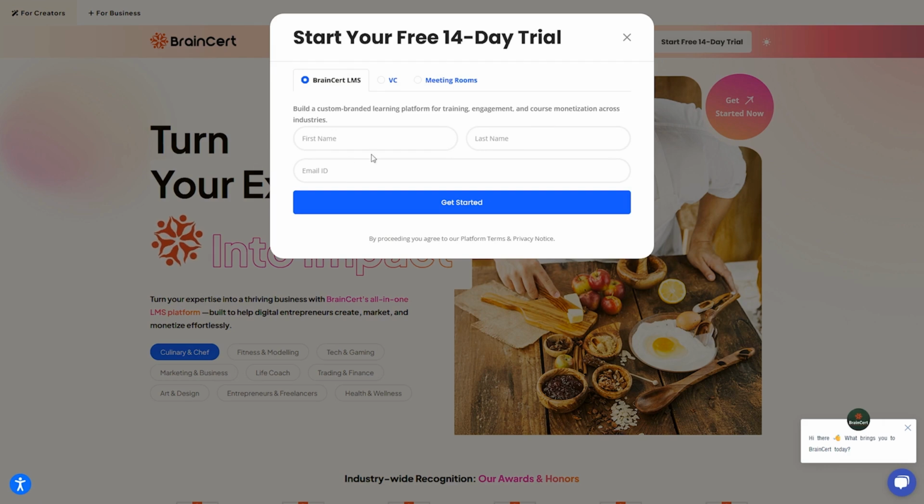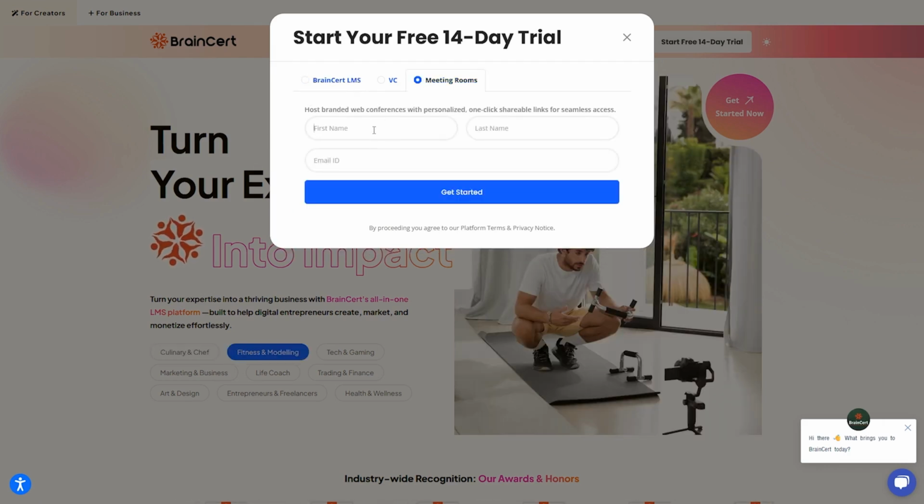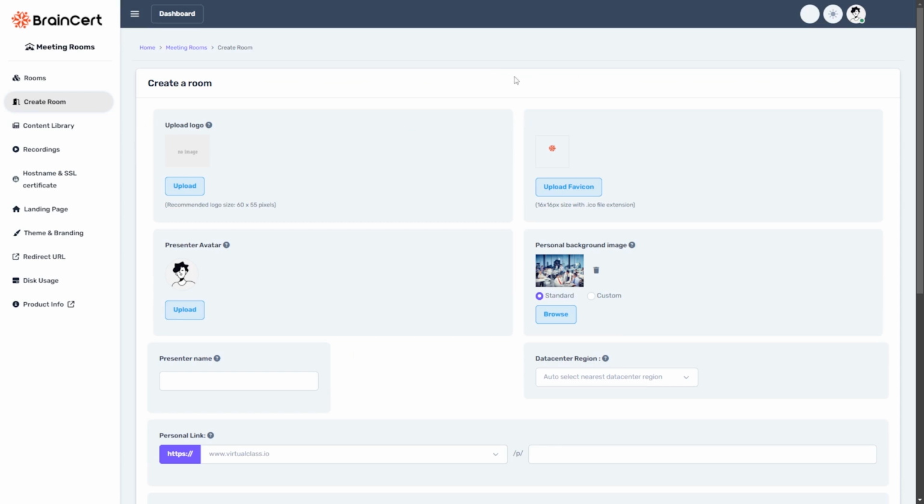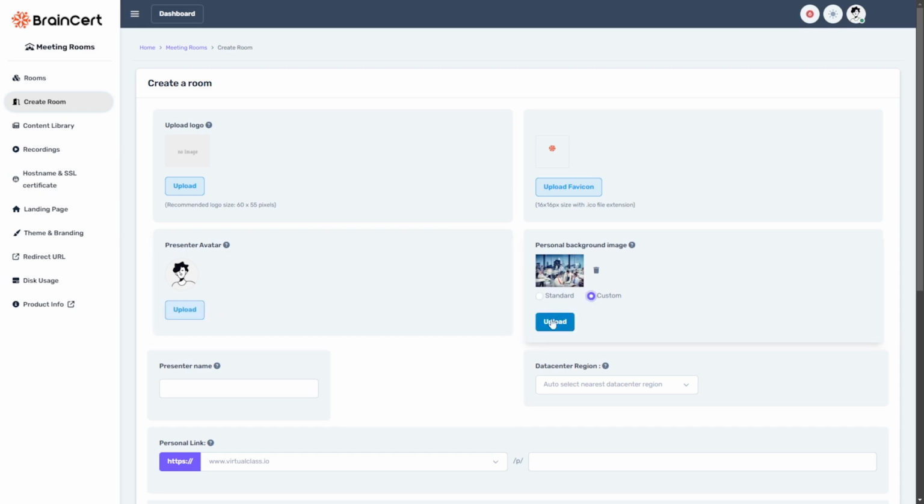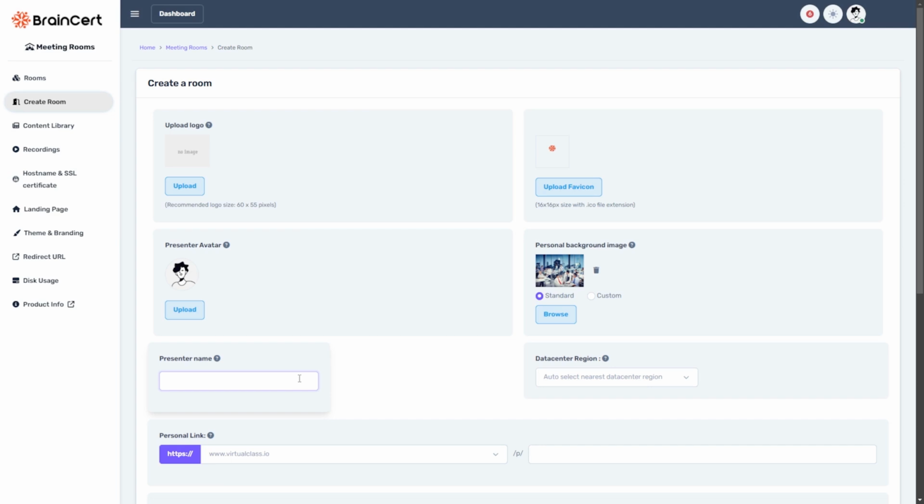Go to braincert.com, start your 14 days free trial, select Meeting Rooms. That directs to Meeting Rooms dashboard. Then, click Create Rooms to start making your meeting rooms. Insert your own organization logo, choose the desired avatar, change the background image of your meeting rooms. By selecting Custom, you can upload a background image from your files, enter the presenter name who can host the